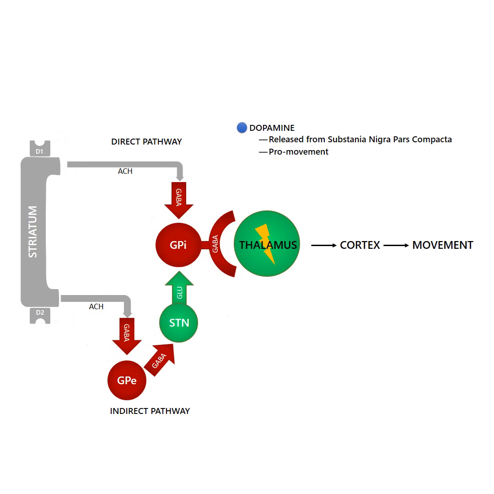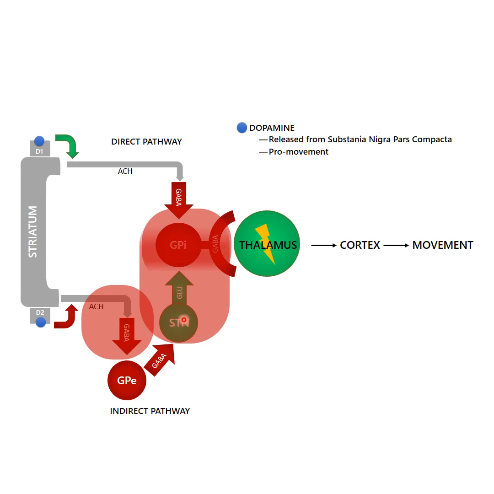Let's see. You're going to have dopamine binding in both places. You're going to have stimulation here, inhibition here, okay? Going to have inhibition of the subthalamic nucleus. You're going to have inhibition of the globus pallidus internus, and the thalamus is then free. Okay, remember, this is inhibited, thalamus is activated, you get movement. So that's it really in a nutshell, a little bit confusing, but just one last important thing to point out,